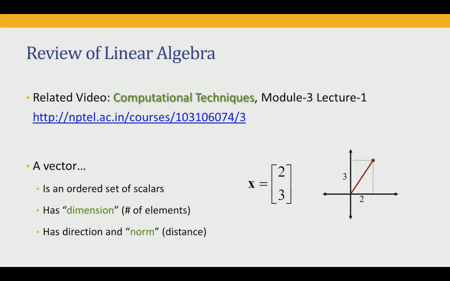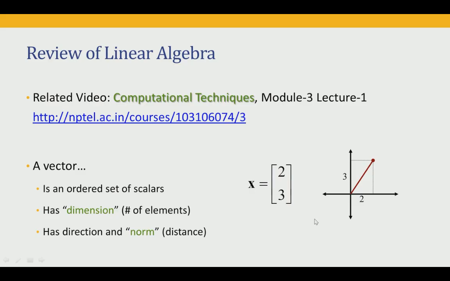If we want to look at the geometric interpretation, this could be nothing but a point in the space, in a 2-dimensional space, which is the distance 2 on the x axis and a distance 3 on the y axis, or more appropriately distance 2 on the first axis and distance 3 on the second axis. Now, this particular vector has a direction which is basically given by the value 2, 3, as well as it